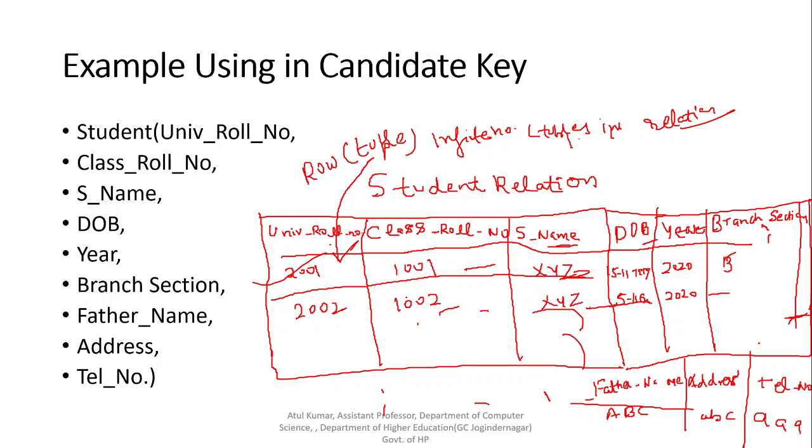In this case we have assigned roll number 1002, student name XYZ, and the university roll number here is 2002. Also the father name is different in this case. Suppose the father name is XYZ for the second student having roll number 2002, and the address here is small XYZ. So also the student's father's name is different, but there are some scenarios where the student name and the